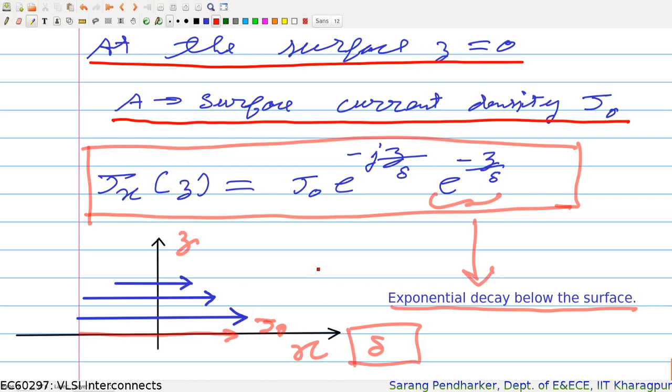I would sincerely ask you to do this derivation on your own. In the next lecture, we will continue with this discussion, and we will see how this skin effect leads to the effective resistance of your interconnect. And at high frequencies, the resistance itself becomes a function of frequency. And so we'll look at the expressions for that case